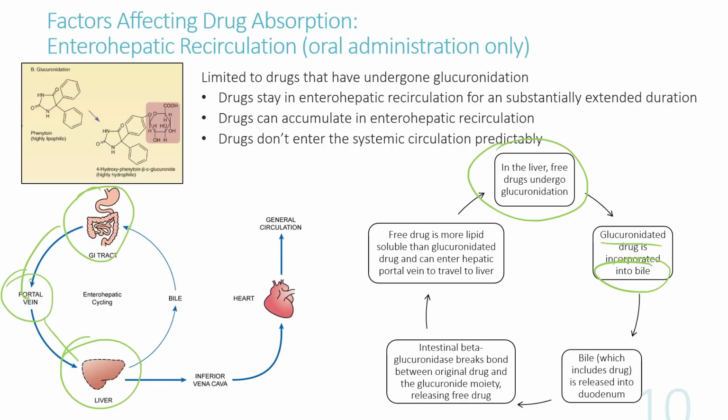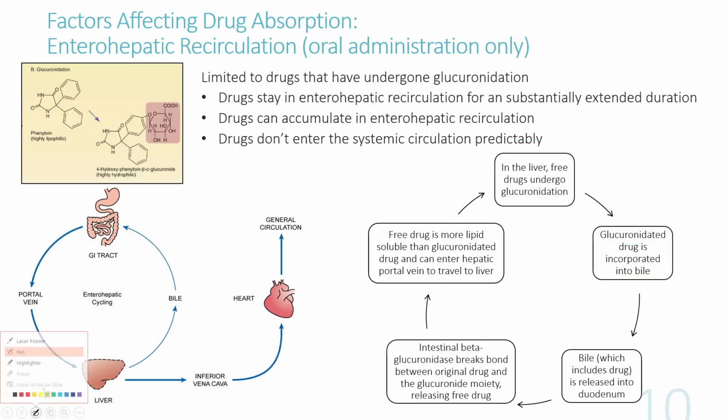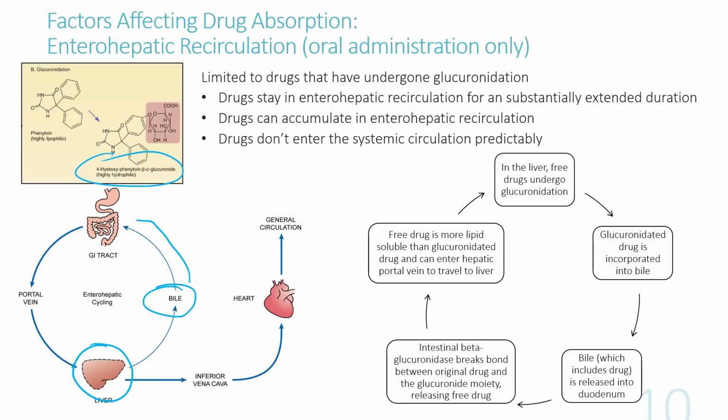And then bile is released from the liver to go back into the small intestine in order to digest lipids. Right? So the liver metabolizes the drug through a process of glucuronidation. Then the glucuronidated drug is incorporated into bile. Bile is then released into the small intestine. Right? And then in the small intestine,